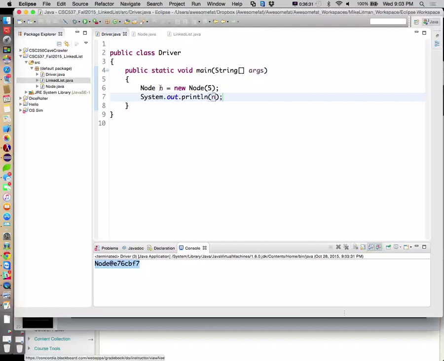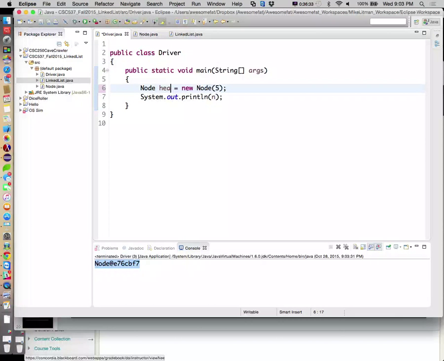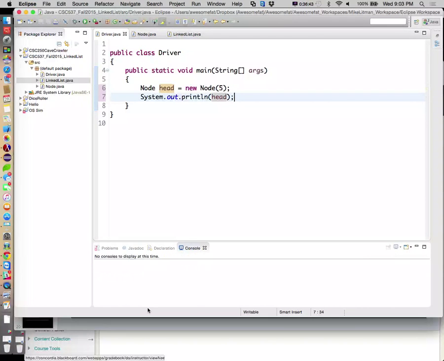So if I say node head is equal to this guy, and then I print out head, I just changed the variable name, right? I print out head. This guy is a variable. That variable resolves to its value. The value of that variable is a memory address. That happens to be the location where a node actually lives.